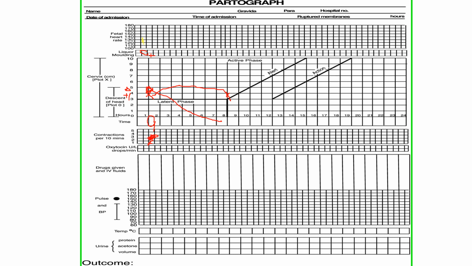Okay, that's the way. Next, oxytocin, how many units you can write over here, and if you are giving 10 drops per ml in a minute, that you can write over here. And if you have given 500 ml of normal saline RL, you can write 500 ml right over here. And the pulse rate you can mark with red, and temperature also you have to write here. And if protein is there, means you have to write it. Acetone is there, means you have to write. And the amount of urine, 500 ml, 200 ml, that you are supposed to write.